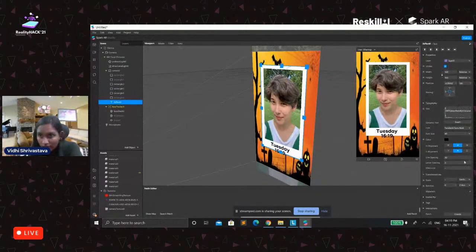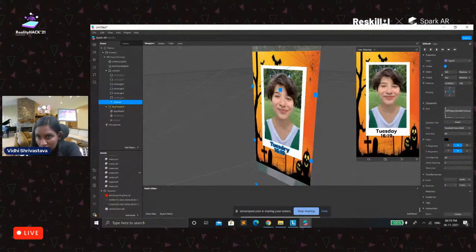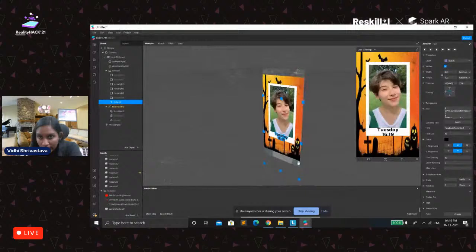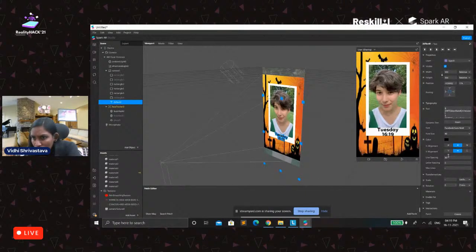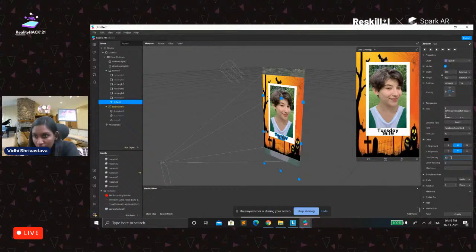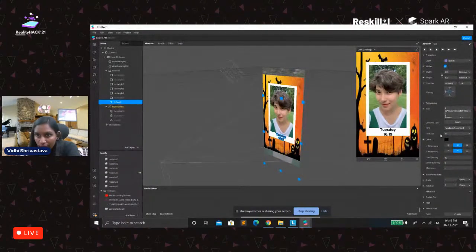and then you can make the fonts of it quite small. So let's take the line spacing as 20. Okay, we don't need line spacing. Font size 20, 30 or 20 works fine.